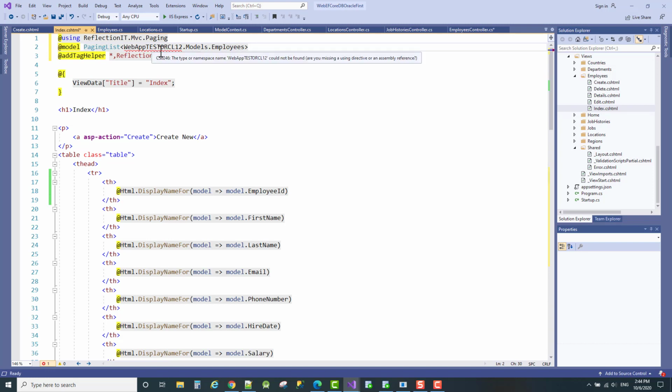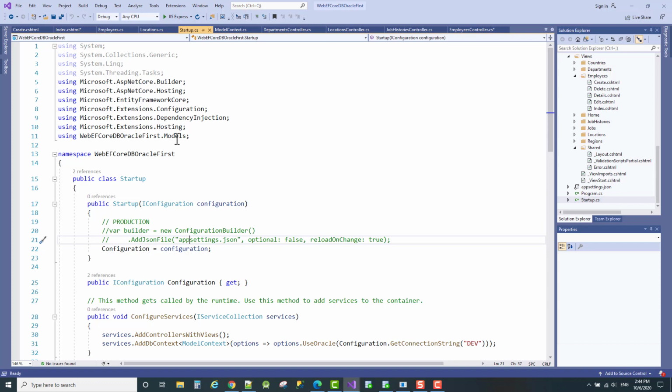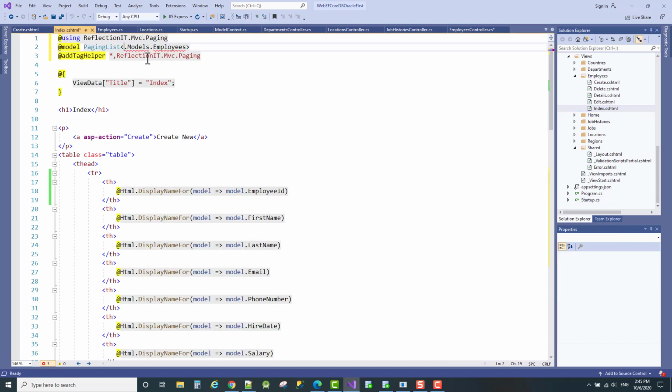See where this error is coming from? This is different. This is a different namespace. We have to take this from our namespace. You have to take this namespace and put it over here. Okay,